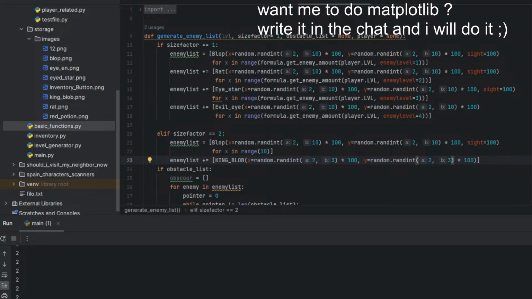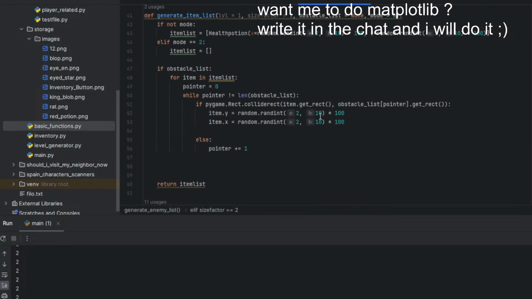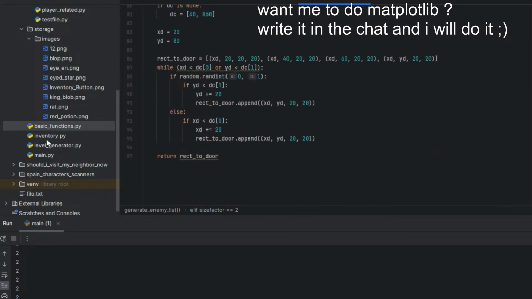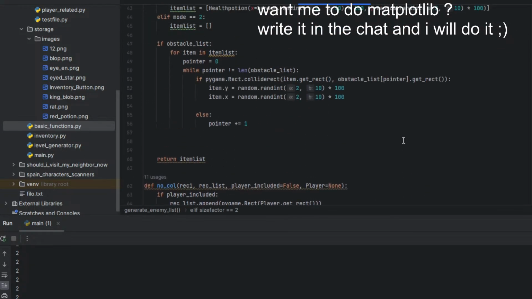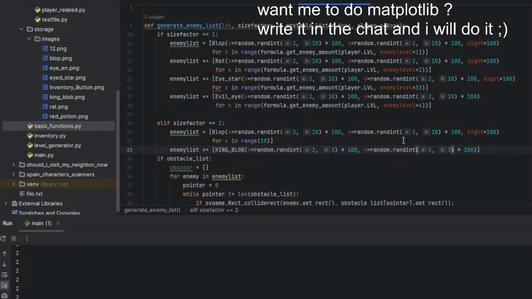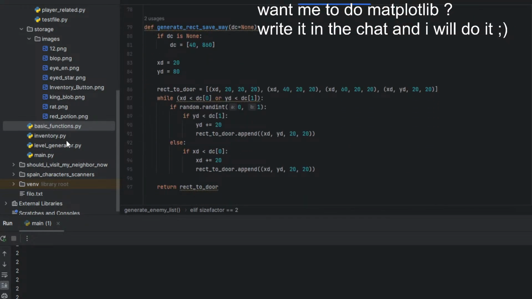Yeah, in Germany it's actually 2 a.m., which is not late, but much earlier. Hello to the next one who joined. Yeah, I'm doing some Matplotlib, Pygame. I want to generate the level generator.